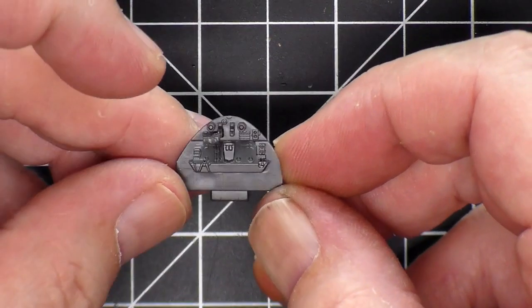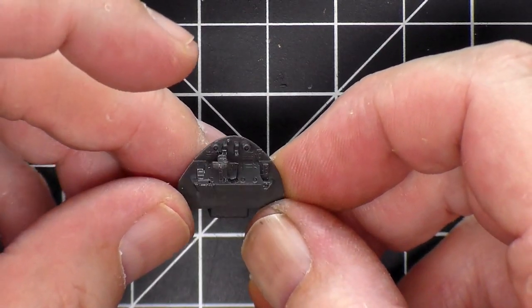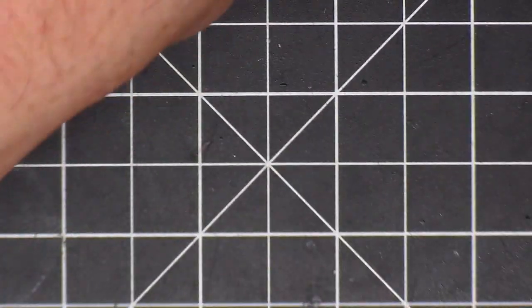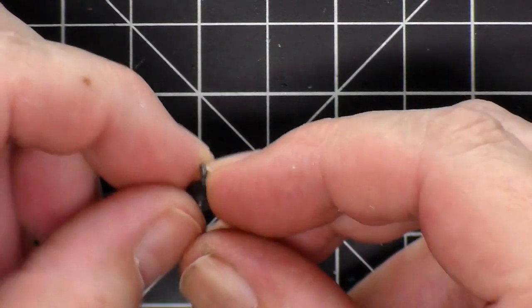This is the top part here. I don't think I'm going to put any fiber optics in there. I'm just going to leave it the way it is. And then Boba Fett's chair,